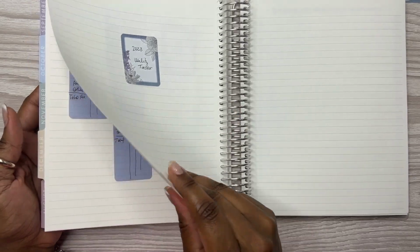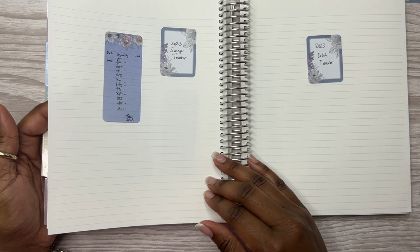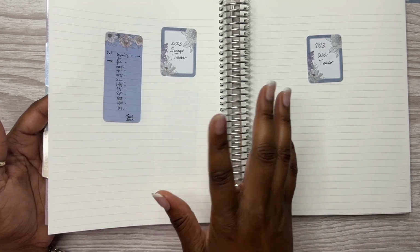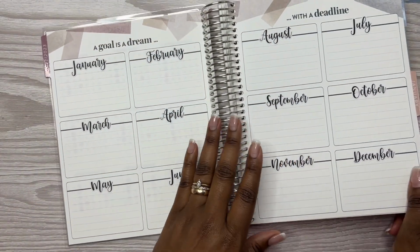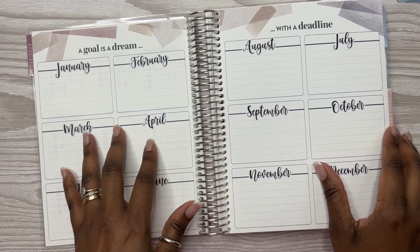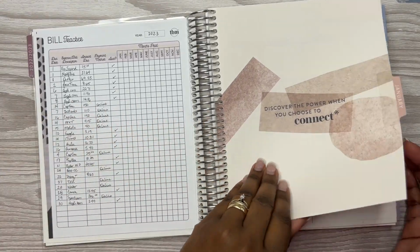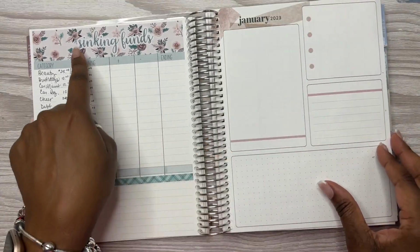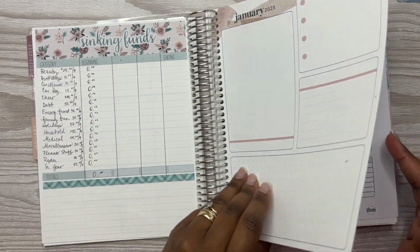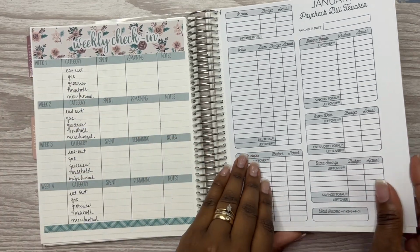So yeah, y'all, it's kind of incomplete, but I'm still waiting on stickers so that way I can complete these. Do you need stickers? No. Do I want them? Yes. But you don't have to have stickers to set this up. I could have simply just wrote this in here, but I just wanted to make it pretty. And that's where we are. I didn't need stickers for this. I could have just wrote that in, but like I said, I just wanted to make it pretty. And I already had those. So that's the weekly check-in for